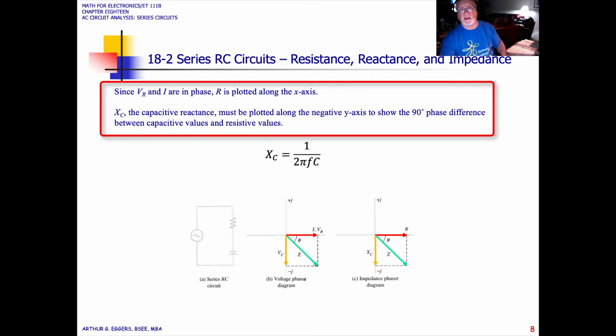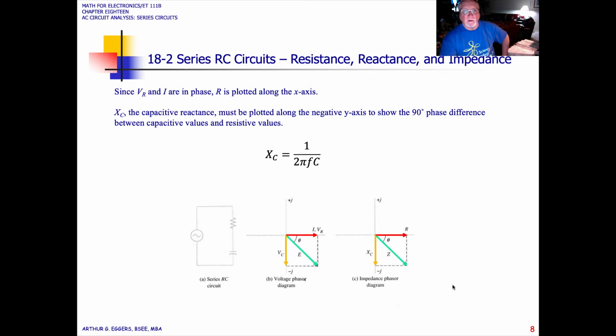So what we're going to start seeing here mathematically is, as we start putting in values for this simple RC circuit, how the vectors change and the resultant values for the impedance Z and the total